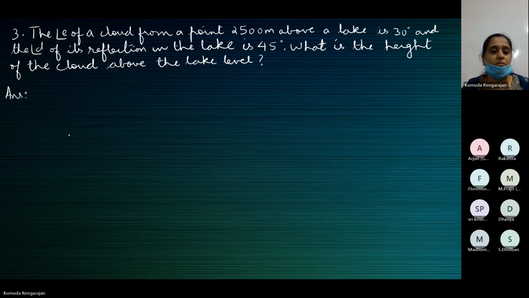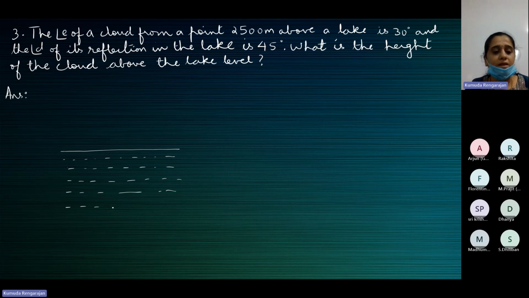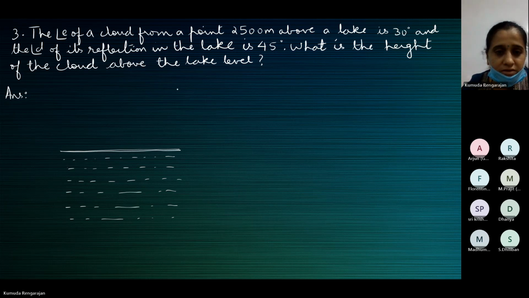All right. So let's understand the figure together, children. So this is the surface of the lake. Now there's a cloud 2,500 meters above the lake. So this is the surface of the lake. Say this is the position of the cloud. The height of the